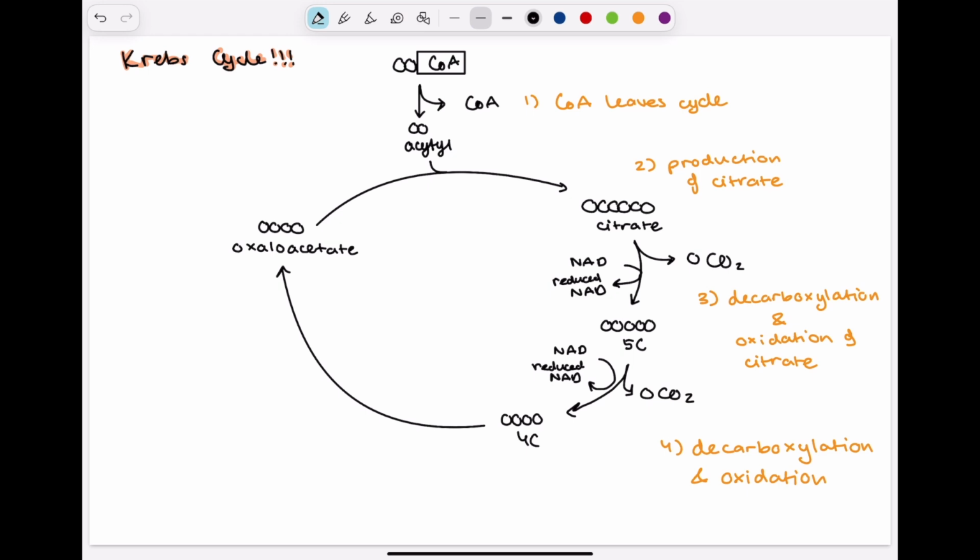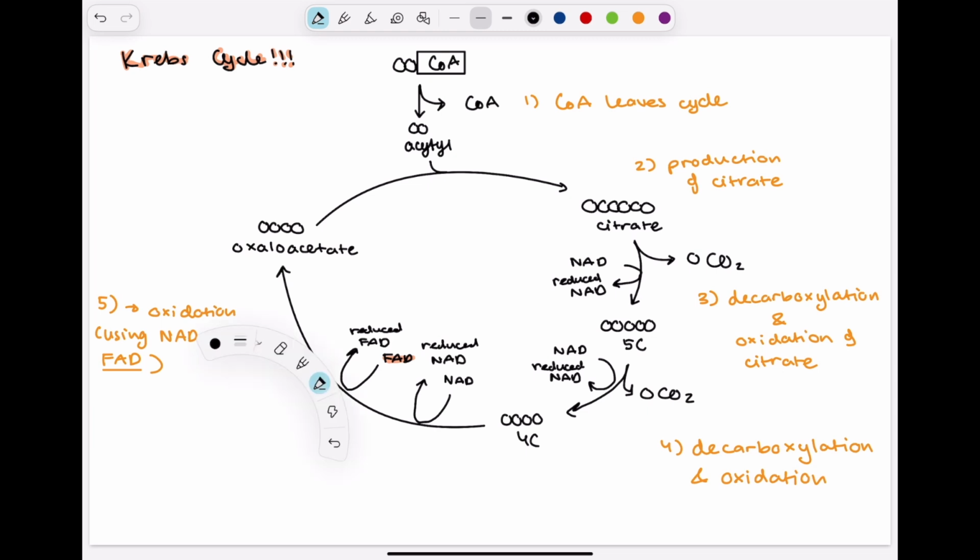it again, right? But we have to do quite more oxidations, so NAD is not sufficient enough. So we're going to introduce a new electron carrier, which is going to be FAD. And I'm just going to highlight it because we haven't come across it yet, so just making sure you won't forget it. And now, as you can see, there's quite a lot of redox reactions going on, redox being reduction